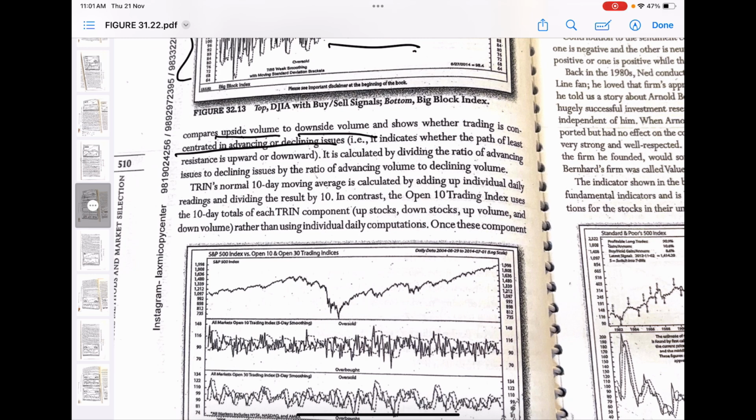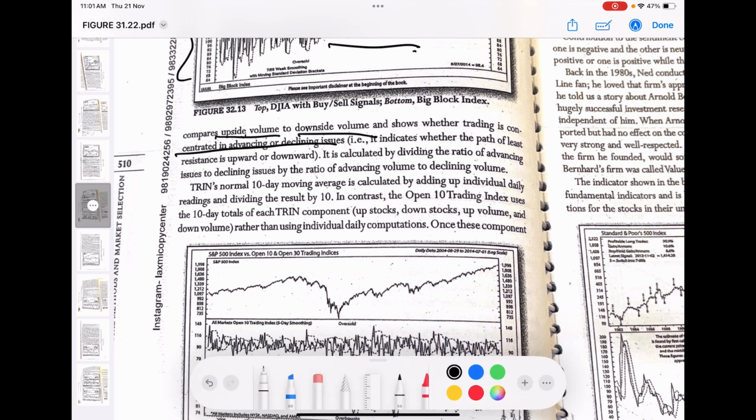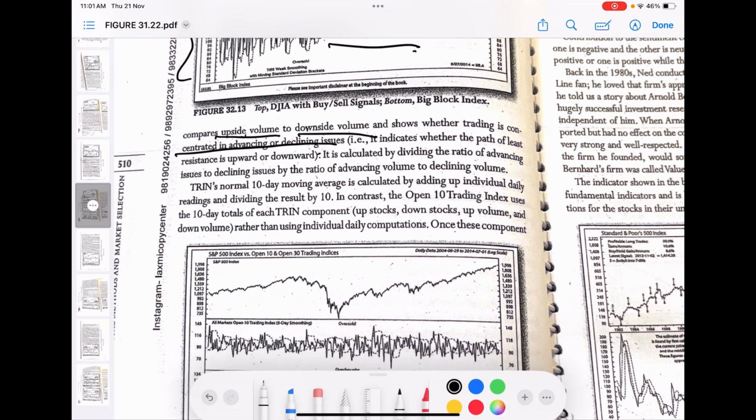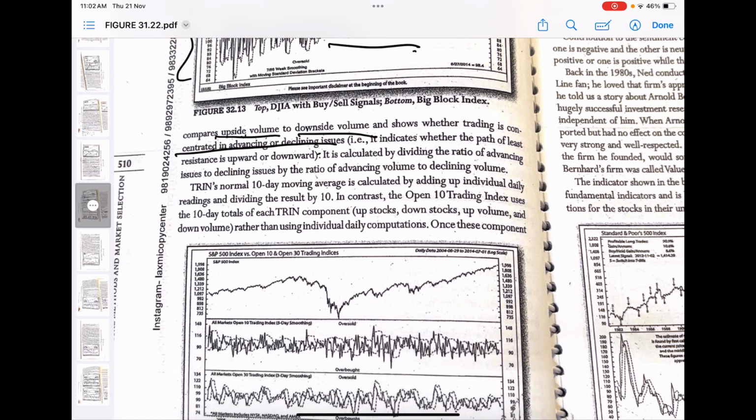First, let's see that. You're going to take the upside volume and downside volume, and then you're going to see if it's concentrated in advancing or declining issues. So how do you calculate the TRIN ratio? It is calculated by dividing the ratio of advancing issues to declining issues by the ratio of advancing volume to declining volume. TRIN's normal 10-day moving average is calculated by adding up individual day readings and dividing the